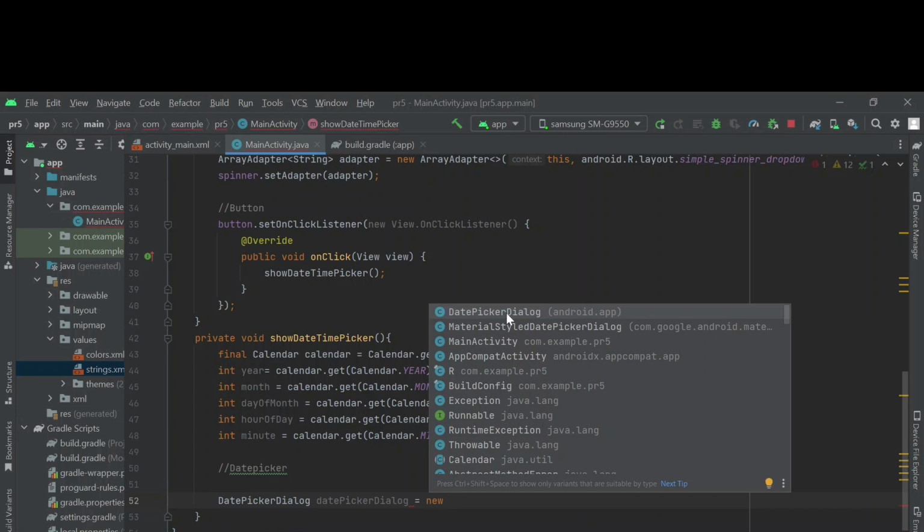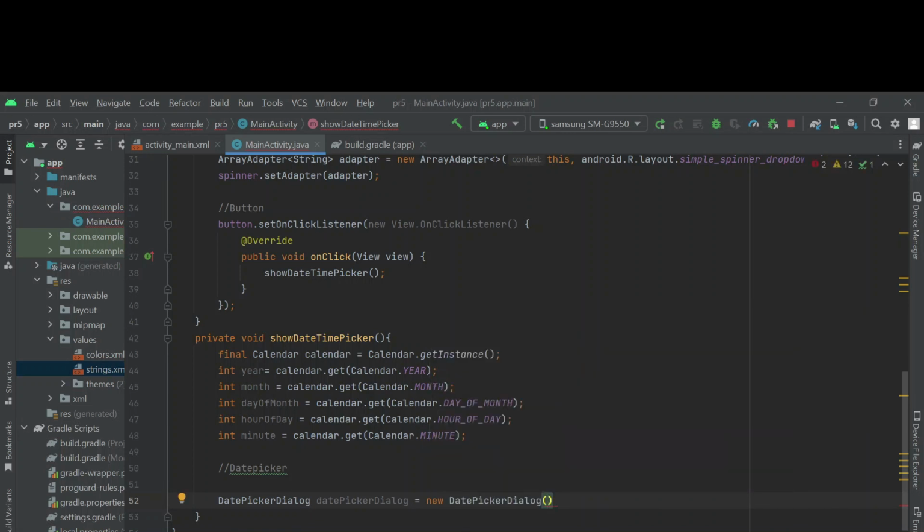You can see the prompt is already coming up, new date picker dialog, and you have the bracket. So where is it going to be created? Inside your main activity dot this,